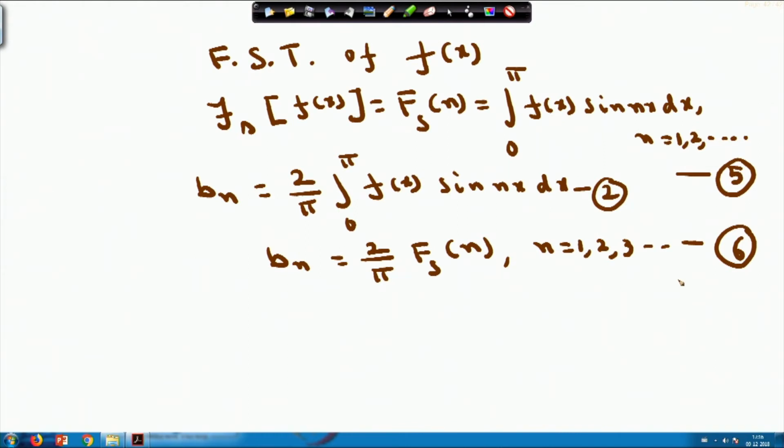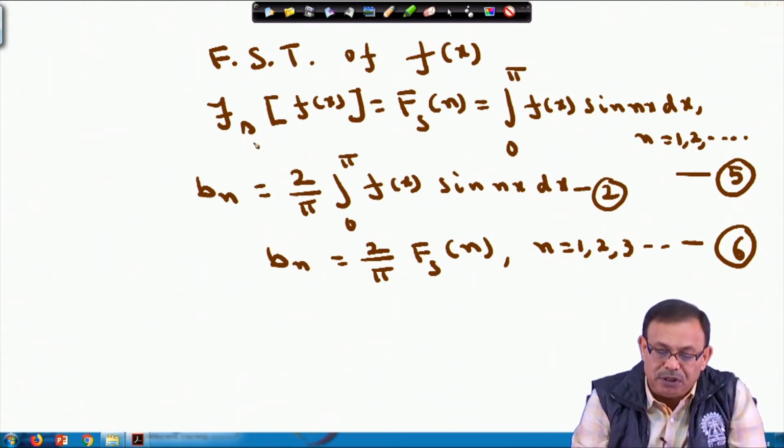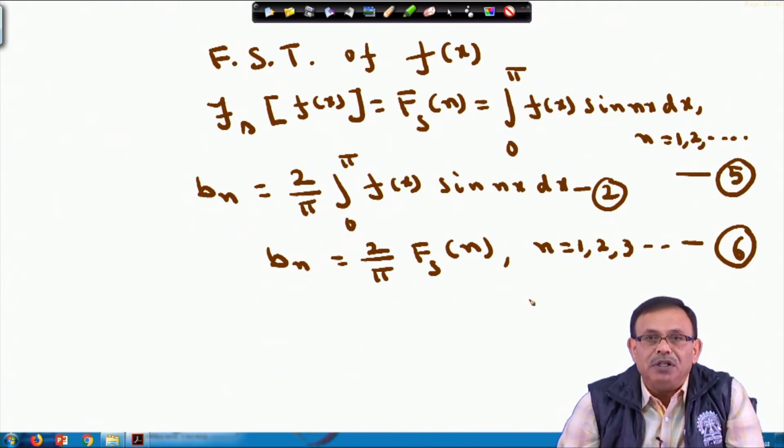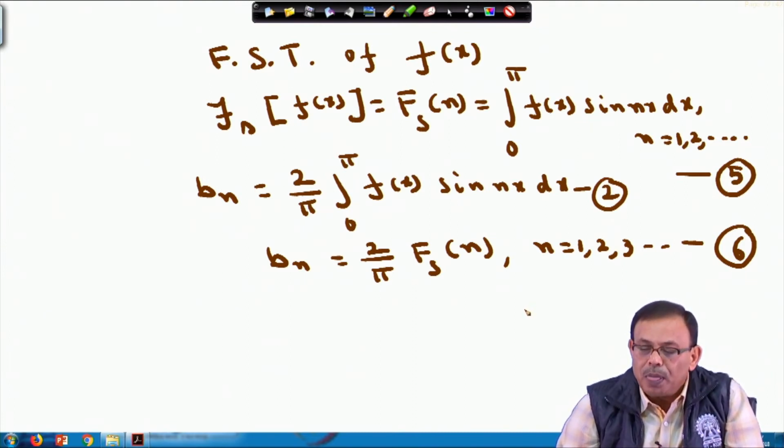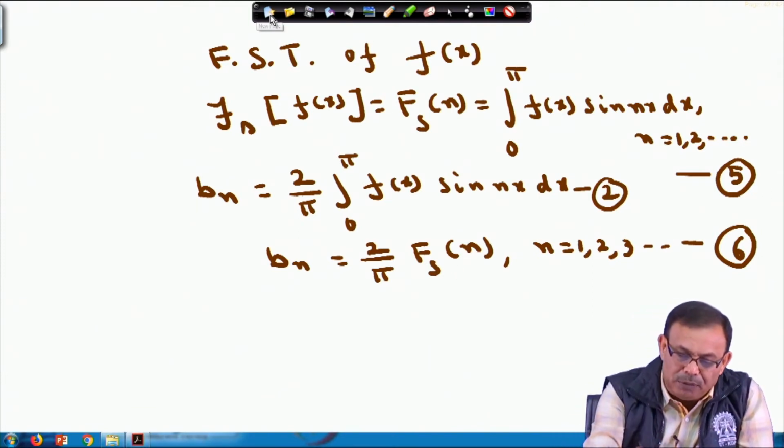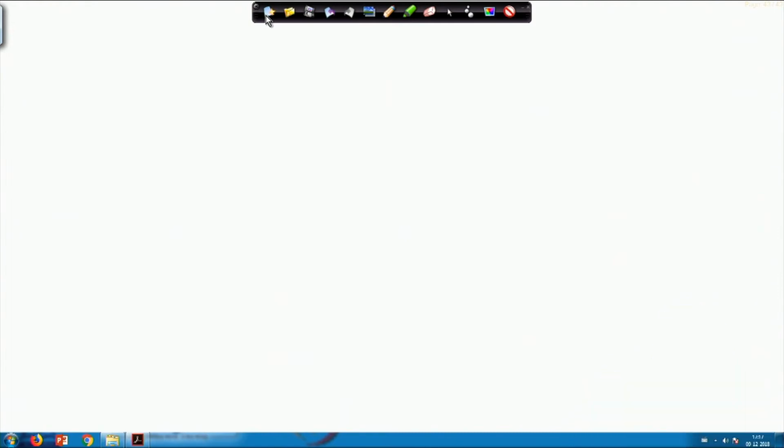Therefore, the Fourier sine transform of f x, we are defining as capital F s of n, equals the integral from 0 to pi of f x sin n x dx. So, the finite Fourier sine transform of f x equals the integral from 0 to pi of f x sin n x dx, n varies from 1, 2, 3 like this. And from these two we can tell that B n is nothing but 2 by pi into the Fourier sine transform of n. And similarly, the inverse,